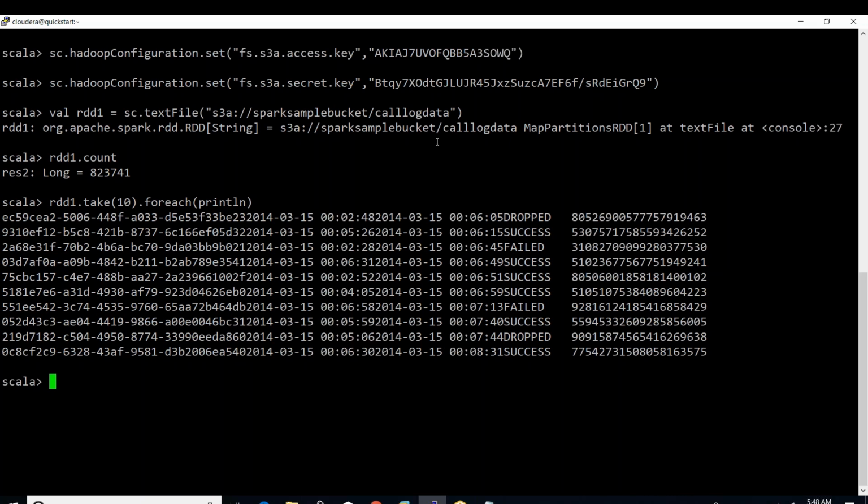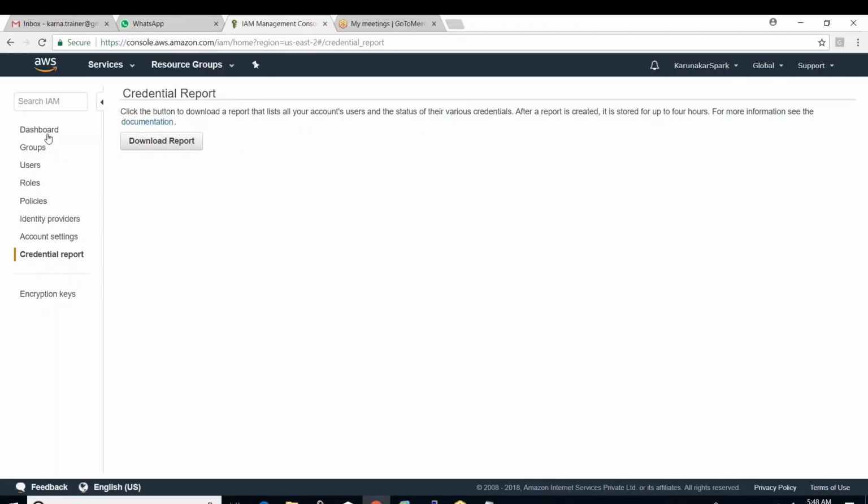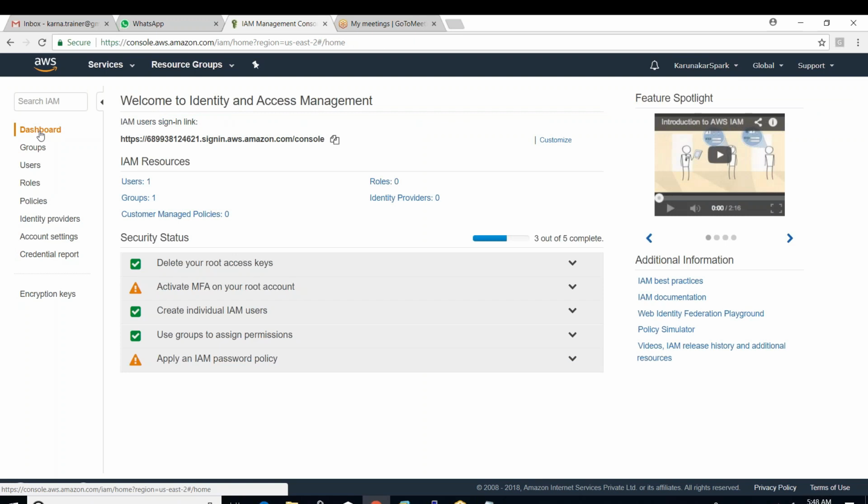That's it. Okay. Now, similarly, I have one more file here in Amazon S3 only. Where is my service? My dashboard and my account.